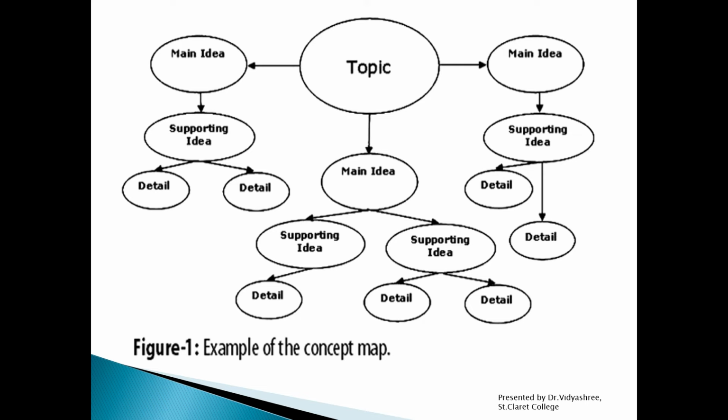Here in the picture you can see the main topic is at the foremost at the top, and for that you have developed a main idea and the supporting ideas are below. So this entire picture shows the relationship and the importance of major topics, major ideas and its sub-points. This is how a map note-taking system looks like.